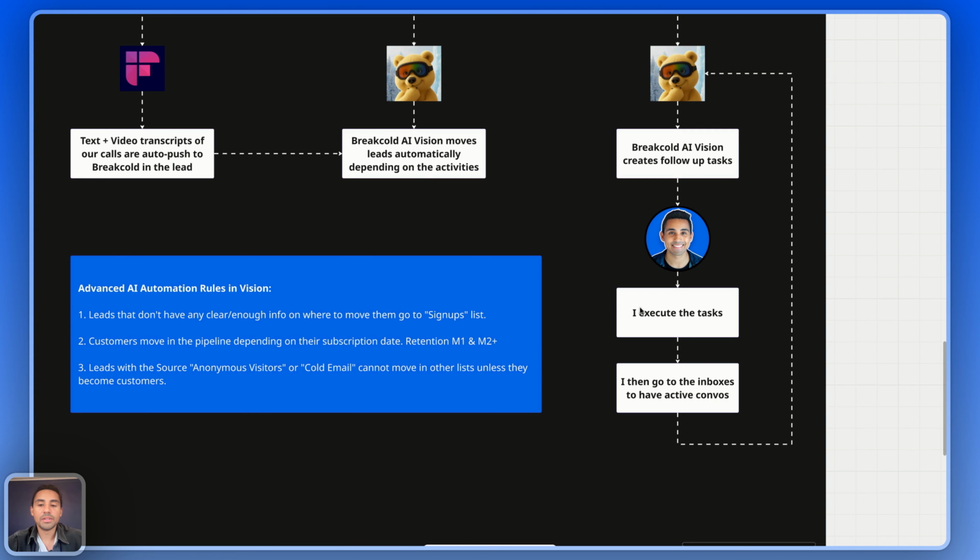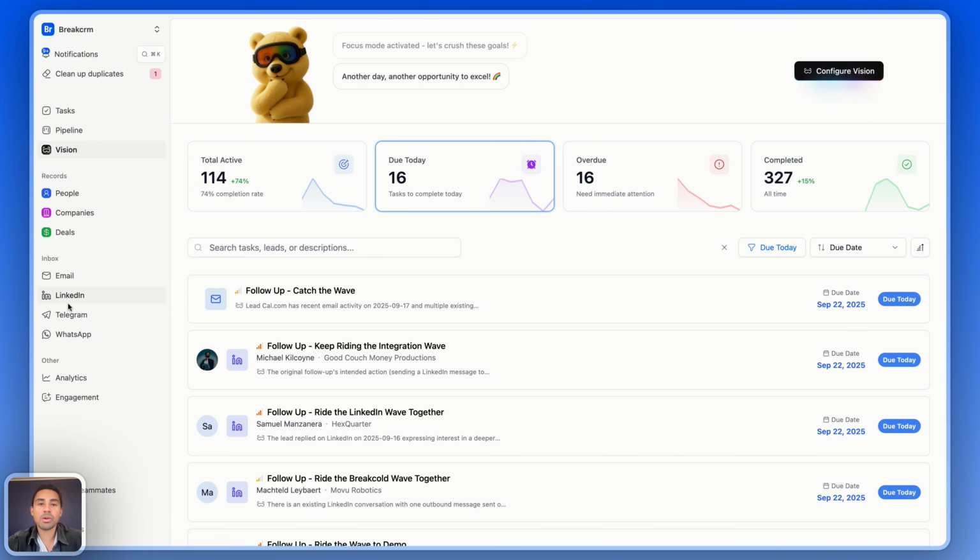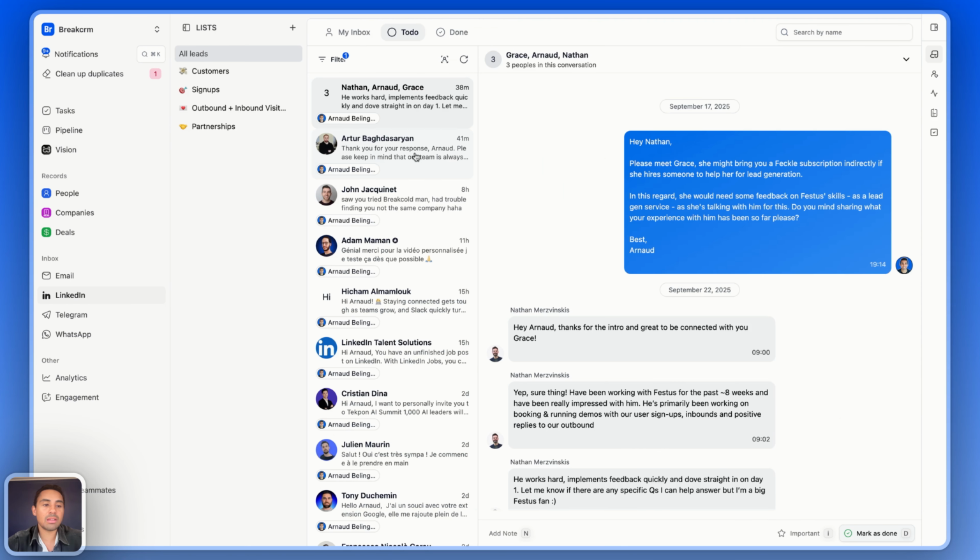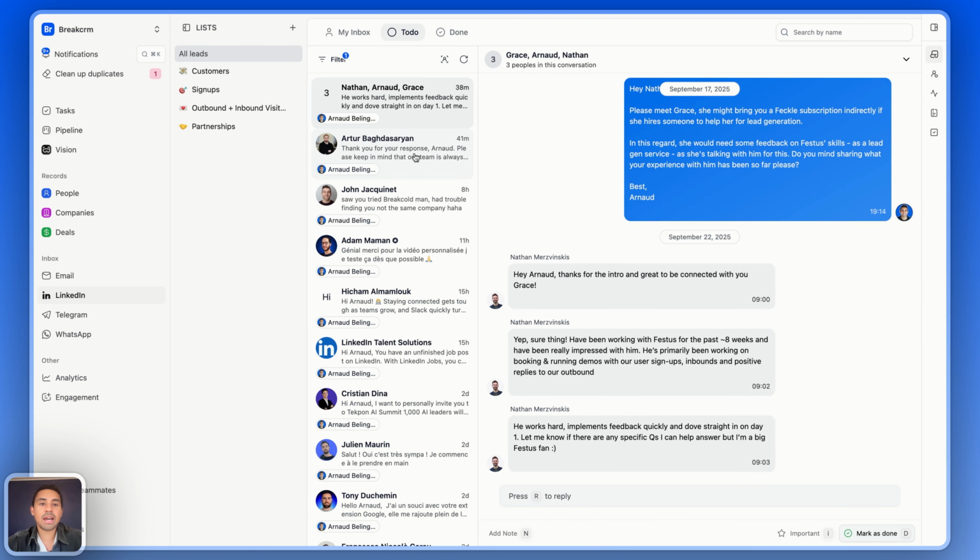The second thing is, once I'm done with executing the tasks and I've pretty much reached zero, I go to the different inboxes, so email and LinkedIn in my case. And what I'm going to do is active conversations, because sometimes the AI hasn't created a task yet, which is normal. And then I just spend 1 or 2 hours chatting via email and LinkedIn with my leads